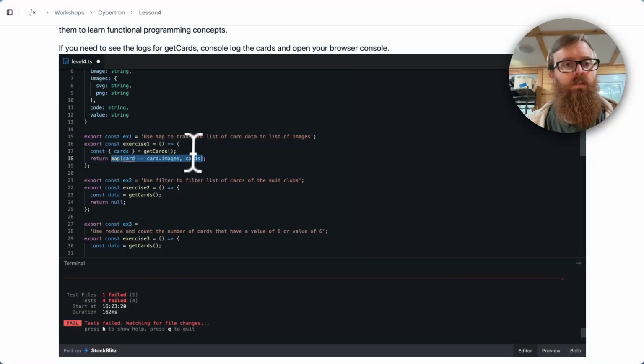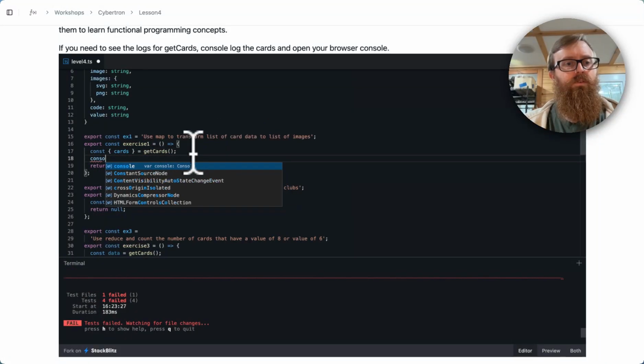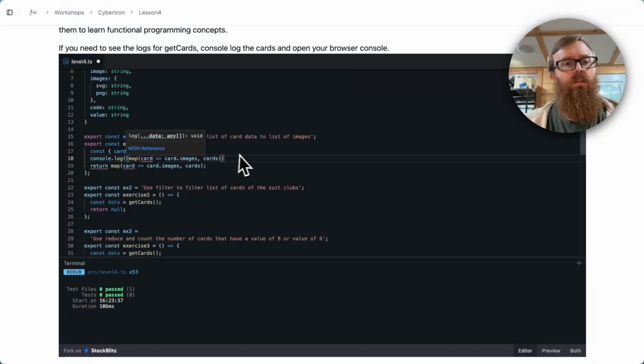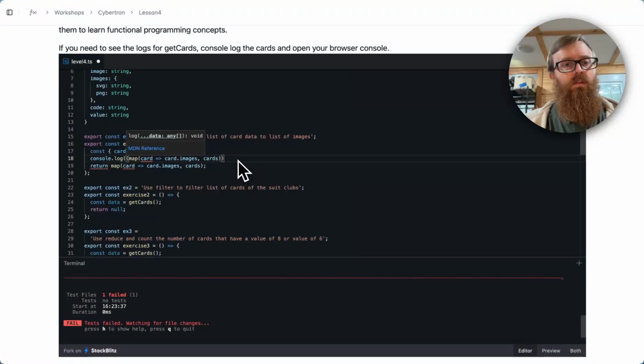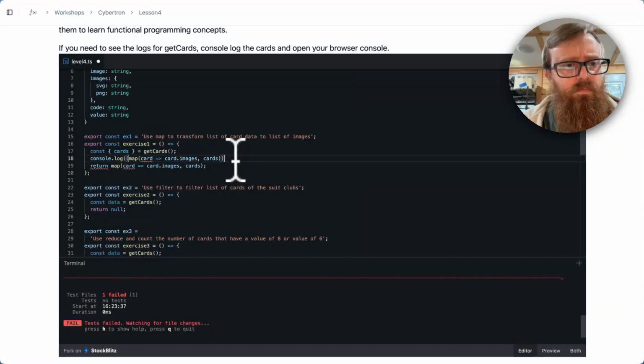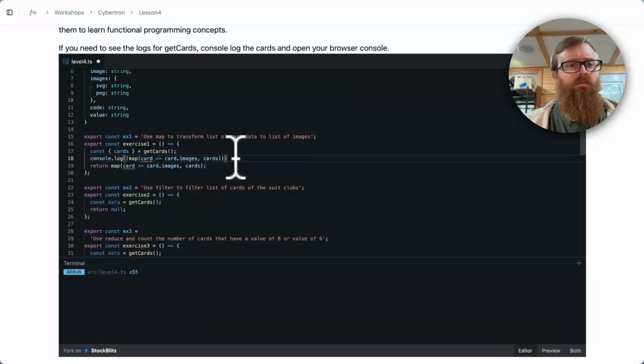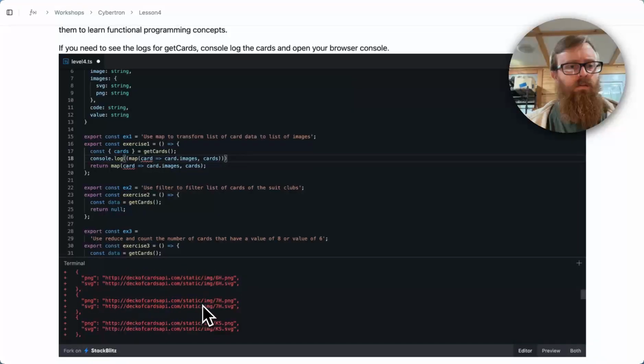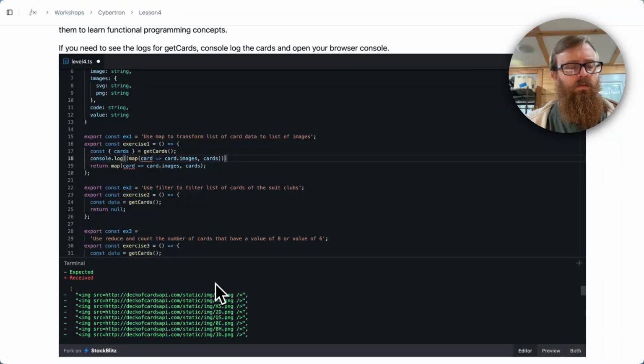See, it's harder to know you're doing the right thing when you don't know the shape of the data you're working with. Funny that. Log. Okay. Okay, so what it really means is card.image,